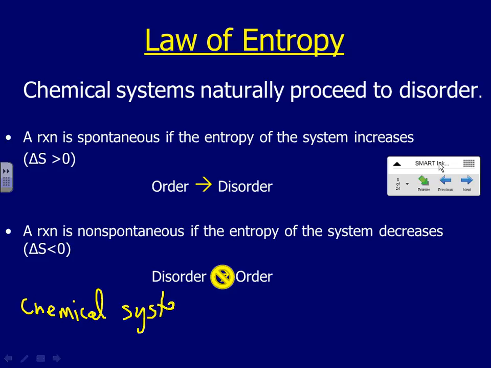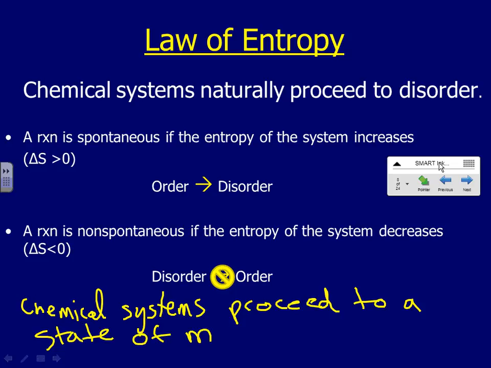Chemical systems proceed to a state of maximum entropy. All right? So if a chemical reaction can have a delta S that's positive, for some reason the universe